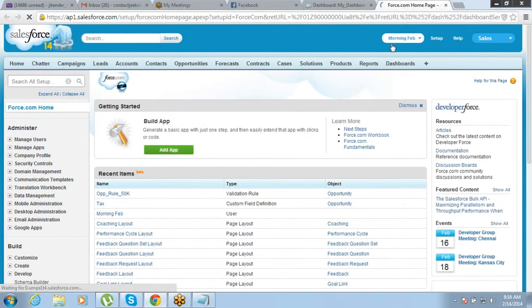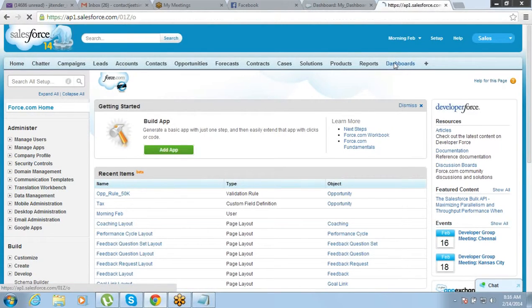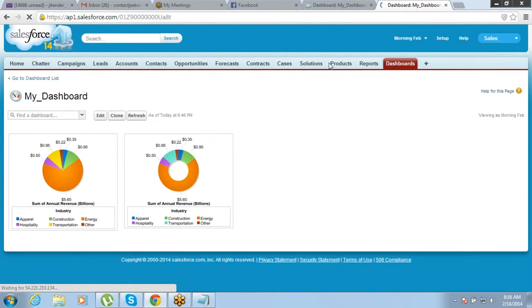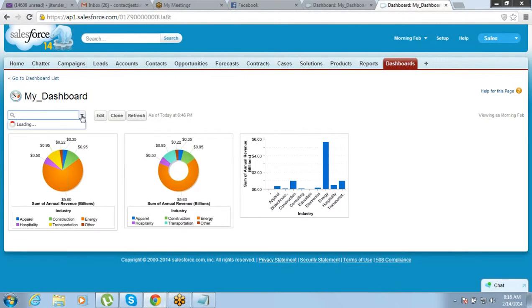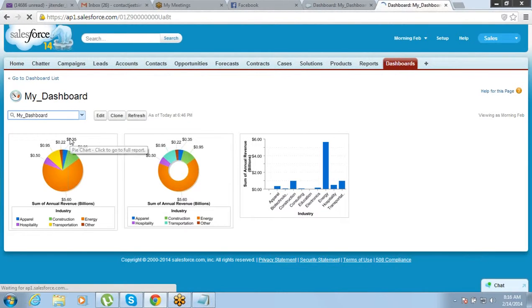So as an end user, if you want to see any dashboard, this way, we just created one dashboard. This way, there can be different dashboards. So anytime someone from the management or any person wants to go and see one of the dashboards, he can click on the dashboard tab and then select the dashboard that he wants to view. Here you will have a list of all the dashboards. Click on the dashboard that you want to view, select it, and they'll be able to see the dashboard, right? So this is how a dashboard is going to be helpful. Clear?